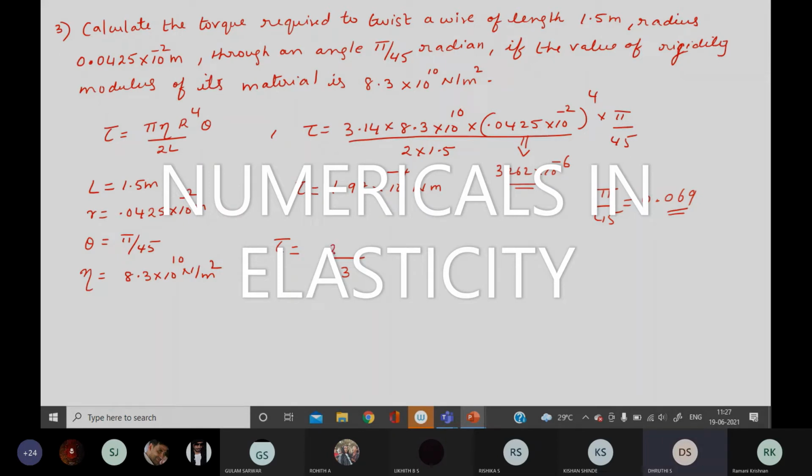27.07 into 10 power minus 3, ma'am. 27.07 into 10 power minus 3. Yeah. Others check. Is it correct? Into pi by 4, ma'am. No, you're not leaving that pi by 4. I mean, pi by 45. Okay. So you check, boy. It should be 1.98 only. There are no other tricky things involved. If you also get 1.99, okay. So 1.98 into 10 power minus 4.